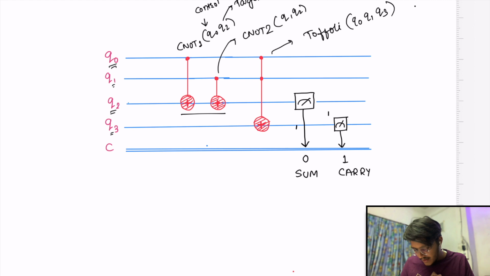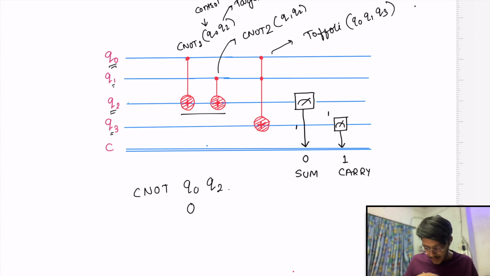For example, I'm just going to explain a simple CNOT on Q0 and Q2, right? Now, if your Q0 is 0 and your Q2 is 0, then your output Q2 will be 0, because this is your control and this is your target. Your control is not set to 1. Now if Q0 is 0 and Q2 is 1, then your target is still 1,